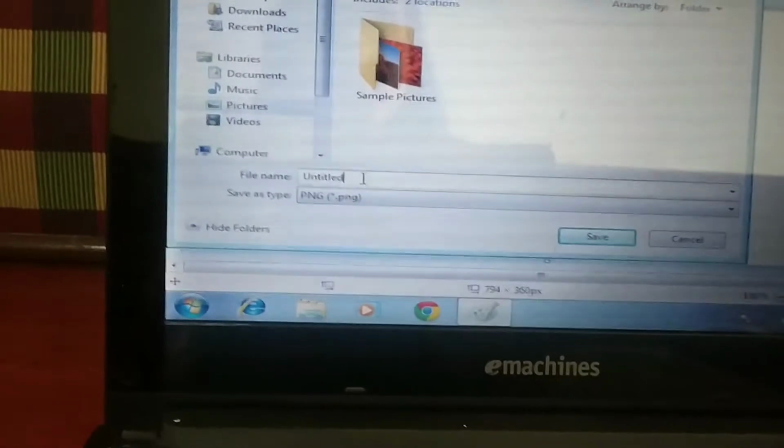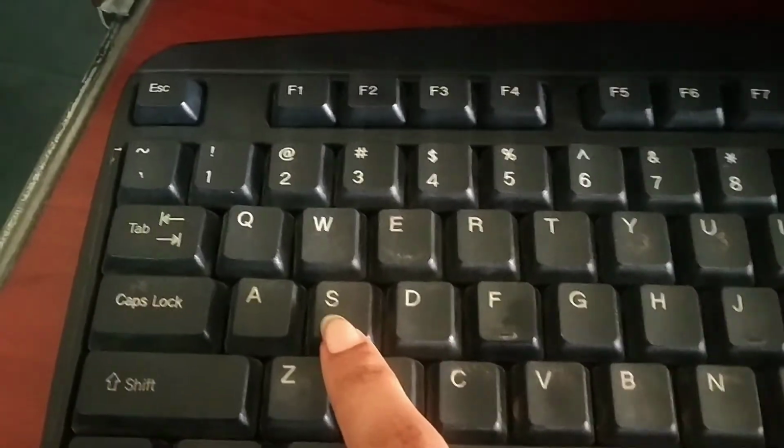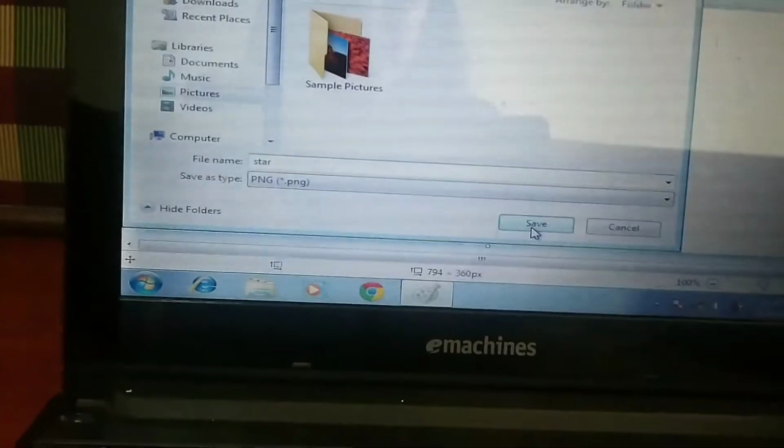Now I'm just going to delete this Untitled. I will press the backspace key on my keyboard, this one, like this. Now I'm going to type. Suppose I want to save it as star. So I will type STAR, star, like this, and then I will click on Save.